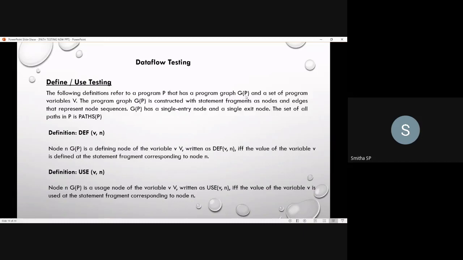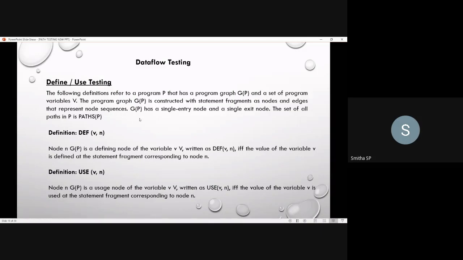In that program P we will have a set of variables, which we call V. So for this V, we will be constructing a program graph, that is G of P. What does this G of P consist of? This program graph is constructed using the statement fragments. Statement fragments will be the nodes, and edges will be the node sequences, that is, they are the control flow.